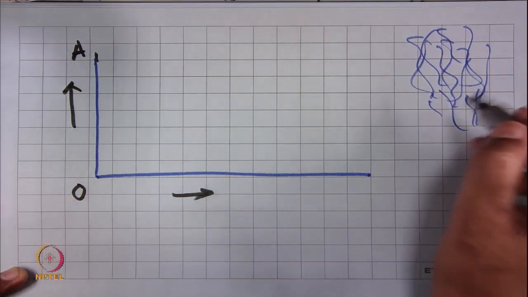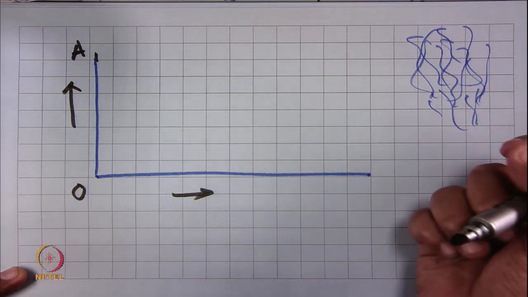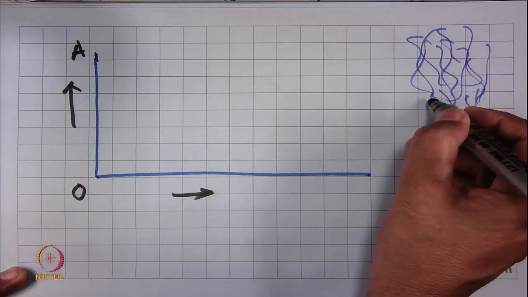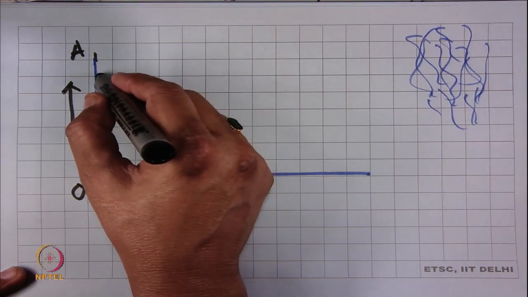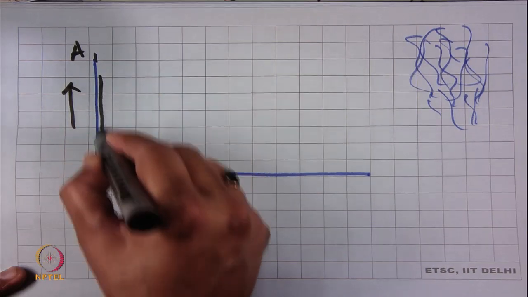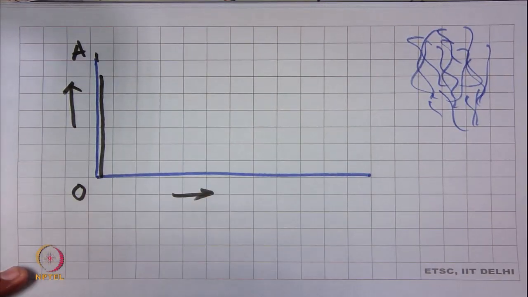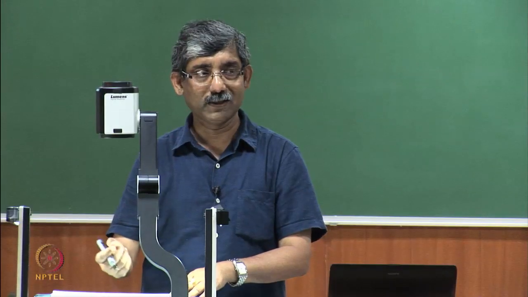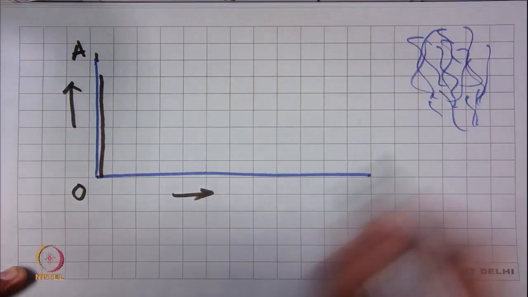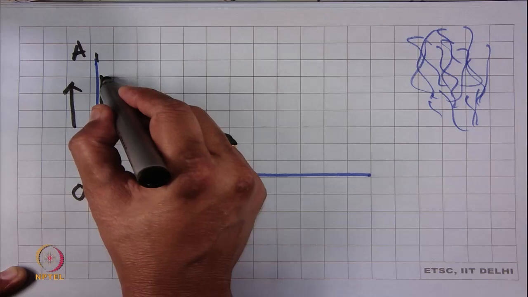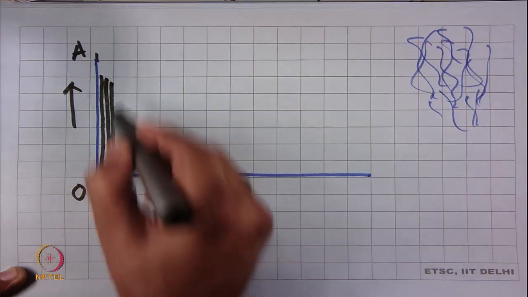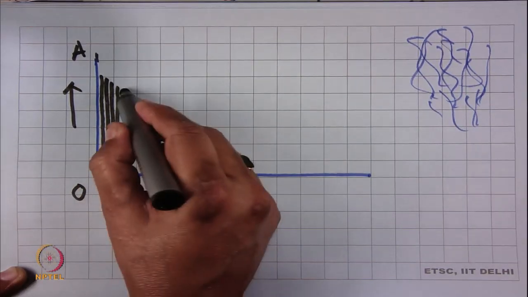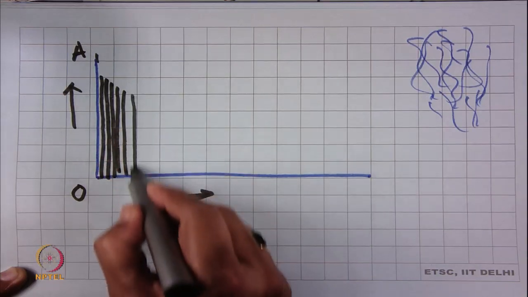Now, the system is that we will pick by some means the longest fiber first, and we will put the longest fiber at the leftmost side, selecting very few fibers of the same length. So, the longest fiber we are putting here, the next length we will put here. Gradually, in descending order of length, we will put them in this fashion.